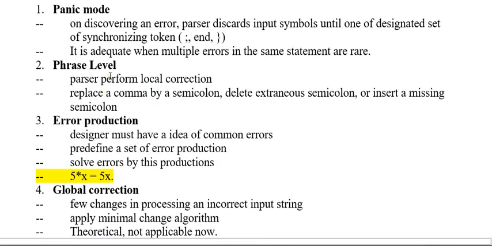Then what is the phrase level? The parser performs a local correction: replace a comma by a semicolon, delete extraneous semicolons, or insert missing semicolons. If there are missing semicolons, there you have to put